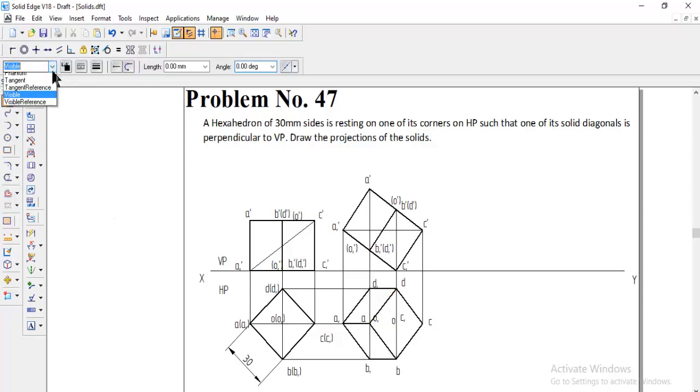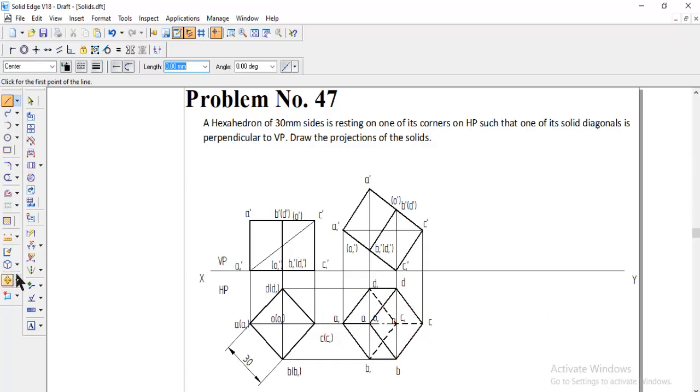To do that, go to line, then hidden line. So a thickness of 0.5 we have to take, and now C1 to D1 we need to make hidden, and then in the same way C1 to B1 we need to make hidden, and then C1 to C we will make hidden. And then last the center, so we can take the center line, and here from O to O1 we need to make it a center line. So like this we have finished the second step, the top view.